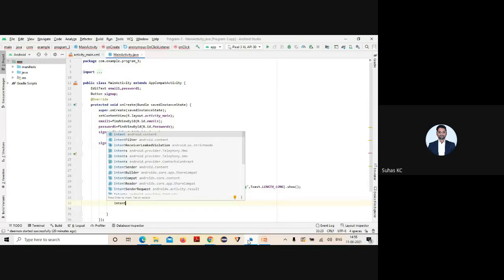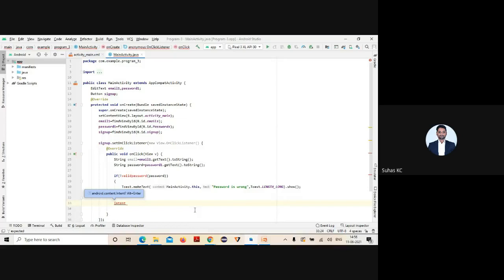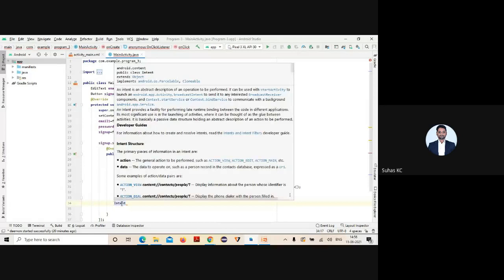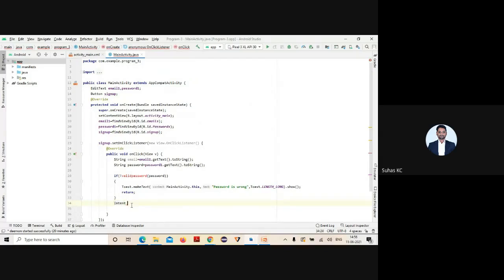Why is the Intent class used? So now you get this one. You just press Alt plus Enter, import class and that class will be created. So why is the Intent class used? The Intent class is used for a transition from one activity to the other activity. That's it.